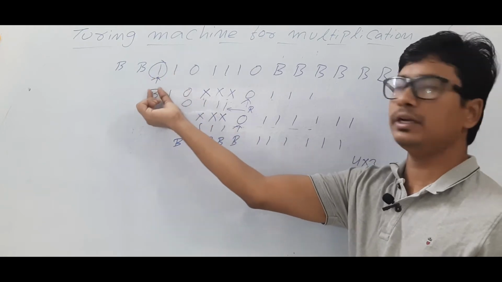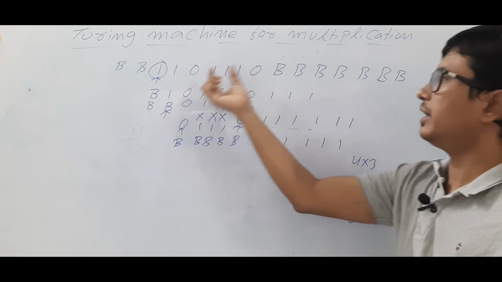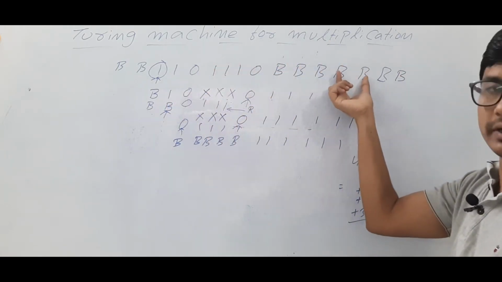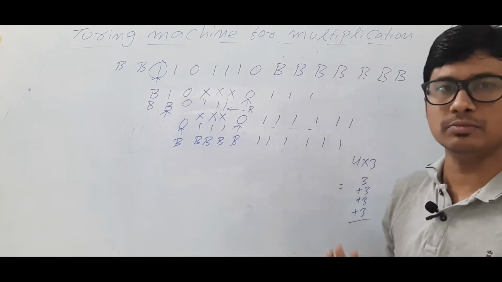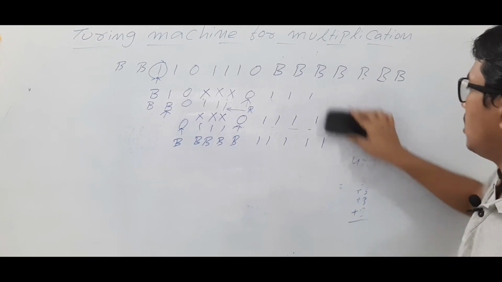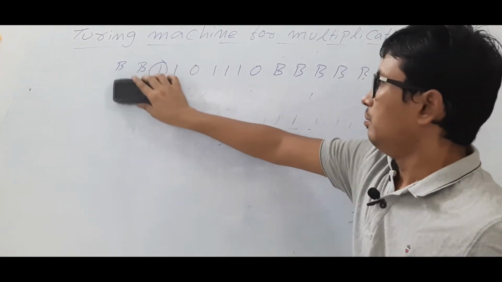So this 1 I make a blank. All these 1's I shifted here. Then again I came here. Another 1 is there. So in this process, all 1's should be kept here. Are you able to understand? That is the simple objective. So with this procedure, we will discuss how to construct the Turing machine for this problem.